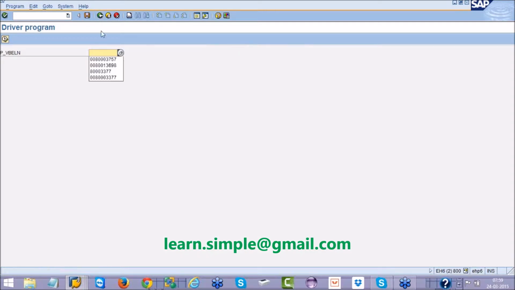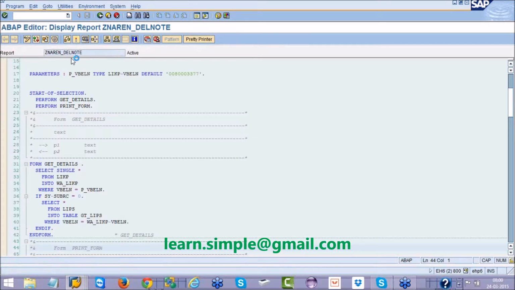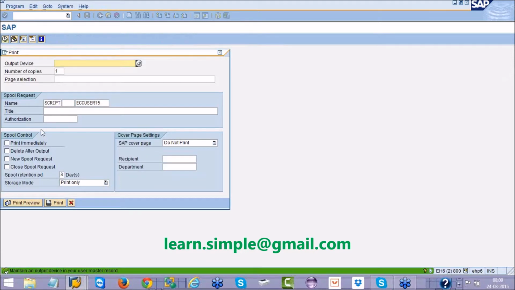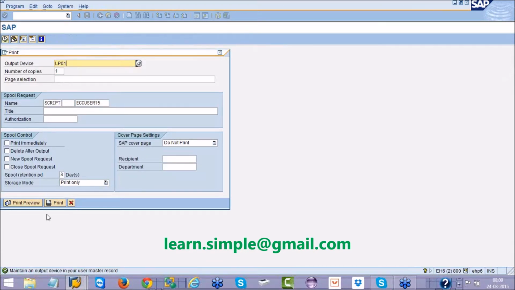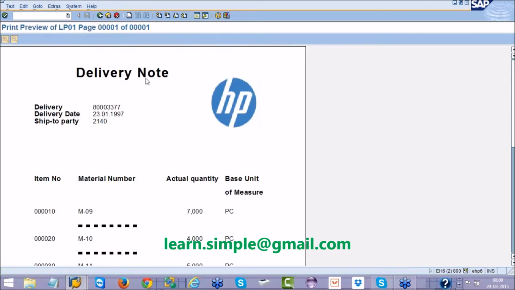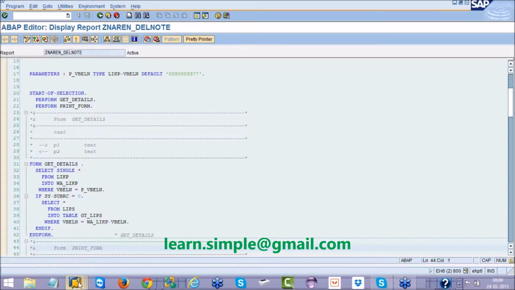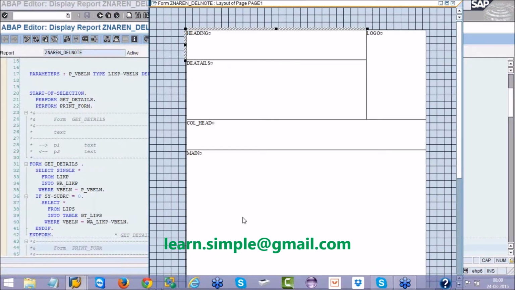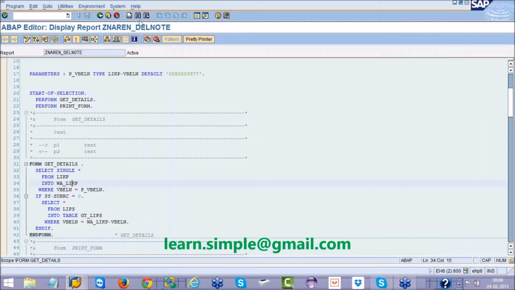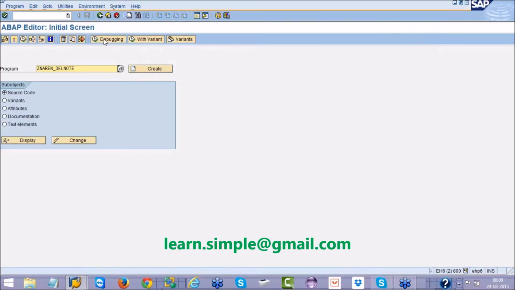Okay. If you give the normal test case which we are testing until now, the field value is different, so it should print as delivery note. So the else condition should work now. It is coming as delivery note. Okay, so like this you can provide if conditions inside the form, not only in a heading window, maybe in a main window also, in a details window also, wherever you want. You can provide if conditions, you can write case conditions. All these things are possible.